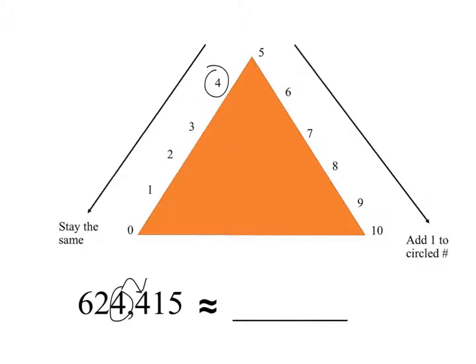So I'm going to circle that there up on the rounding mountain. And I know it's on the left side here that I stay the same. So my circled number becomes the same number, and everything else becomes a 0 after it. But I can't forget the numbers before it, because I'm not trying to say